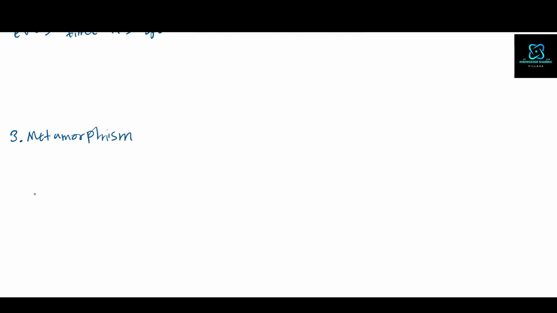Metamorphic malware not only changes its appearance, but it also alters its internal structure, including its encryption and obfuscation methods. We can use an analogy to understand a bit better. Think of metamorphism